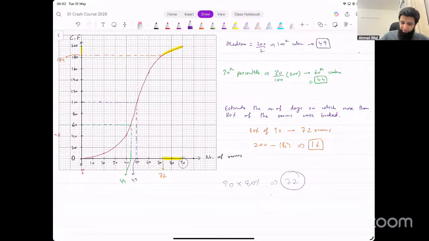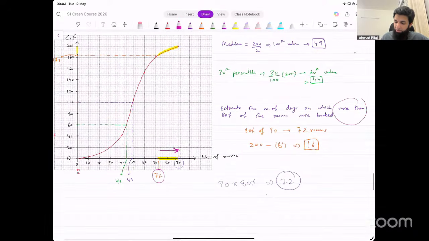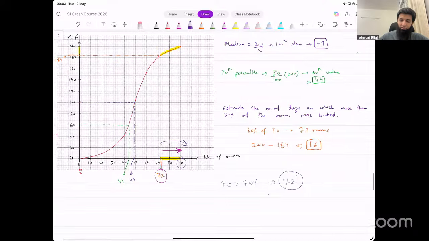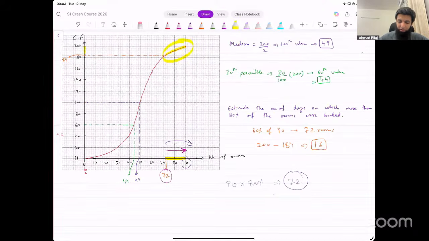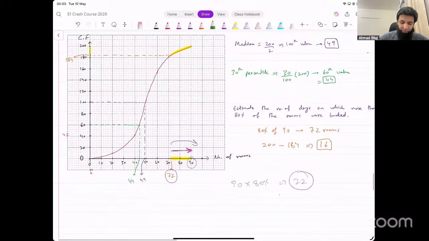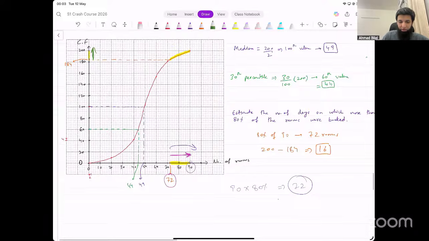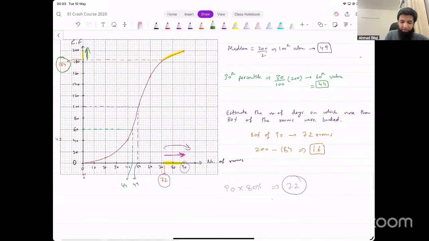ठीक है, तो अब ये 72 जो नंबर आ रहा है, इससे ज्यादा राइट साइड वाला पॉइंट आपको देखना है कि इससे ज्यादा रूम्स कब बुक्ड थे। तो जब ये मोर देन समथिंग या ग्रेटर देन समथिंग आता है, तो उसमें आप हॉरिजॉन्टल एक्सिस पे राइट साइड वाला पॉइंट देख रहे होते हो, और वर्टिकल एक्सिस पे भी आप ऊपर वाला पार्ट देख रहे होते हो। तो ये आप कैसे फाइंड करोगे, फिर आप 72 के कॉरेस्पॉन्डिंग देखोगे, 184 आ रहा है इस ग्राफ के ऊपर,